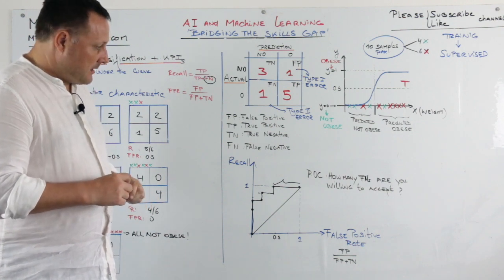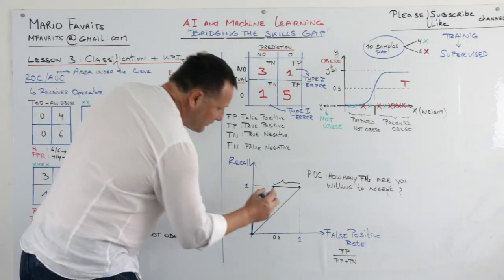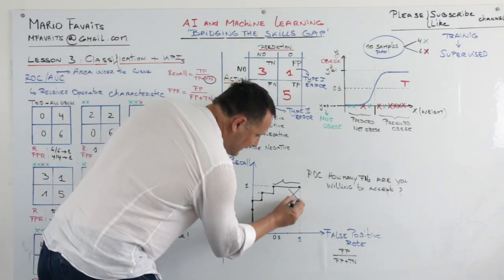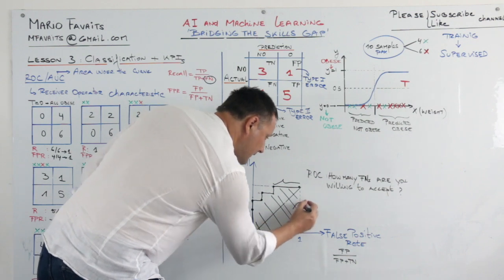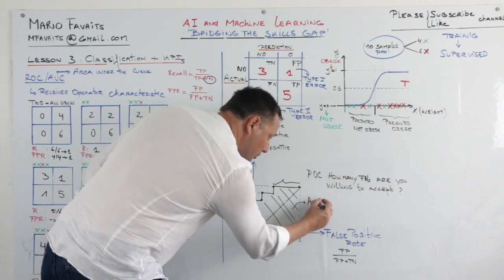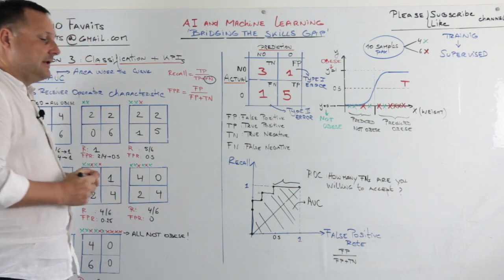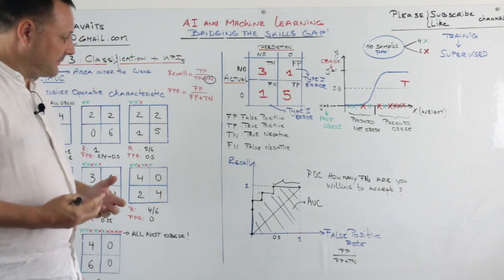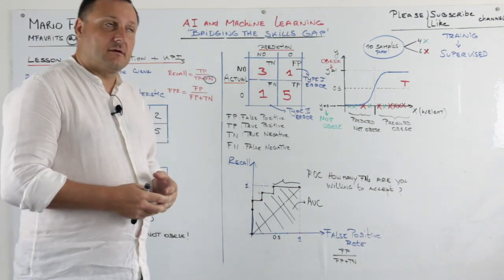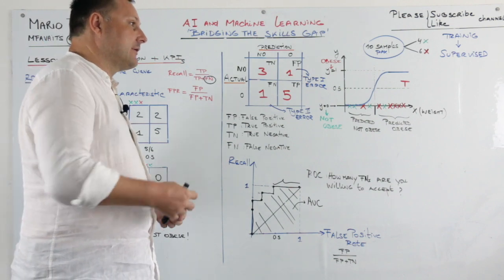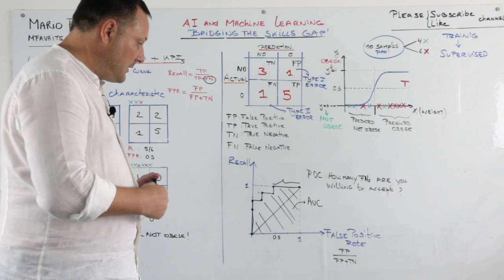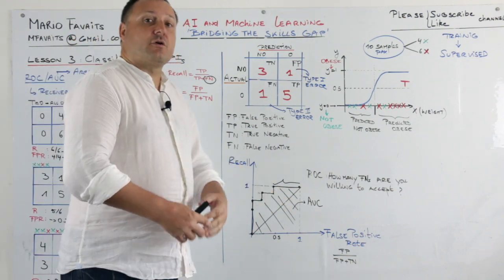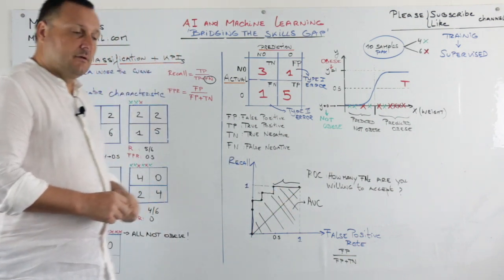Now what is area under the curve? Well, basically it is this area here. This is the area under the curve. And it is mainly used for relative purposes, meaning to compare classifiers. For example, you want to compare a k-nearest neighbor classifier with a naive Bayes classifier. The area under the curve, the bigger the better. Yeah? So